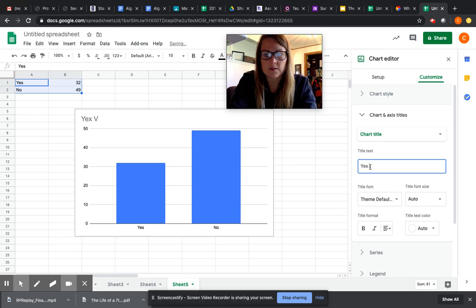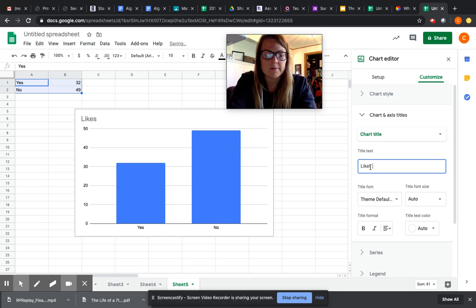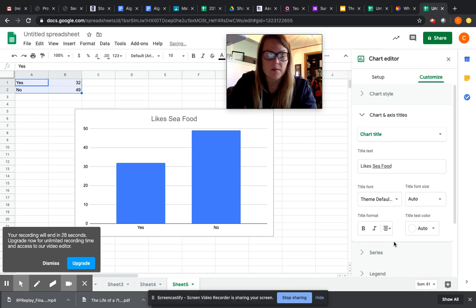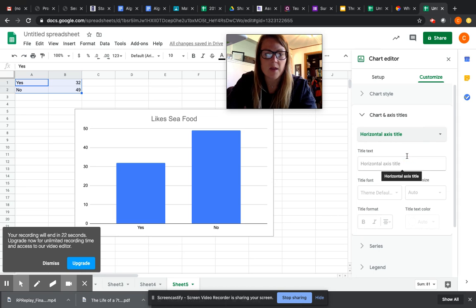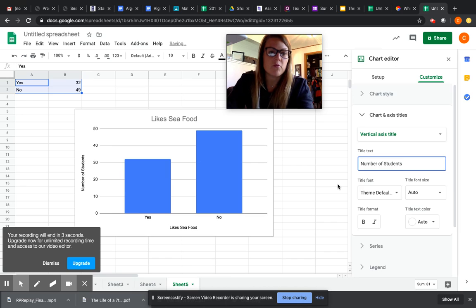So you want to label yes versus no, so maybe we'll pretend this was likes seafood. Just making this up, if this was the survey we gave. You can center it. There's all sorts of things you can do here. And then you can just play with the different options. So that's a chart title, but maybe you want to label the axis. So you could say seafood. And then if I want to do the vertical axis, I could say number of students, and it just automatically does it for you. And then what you do